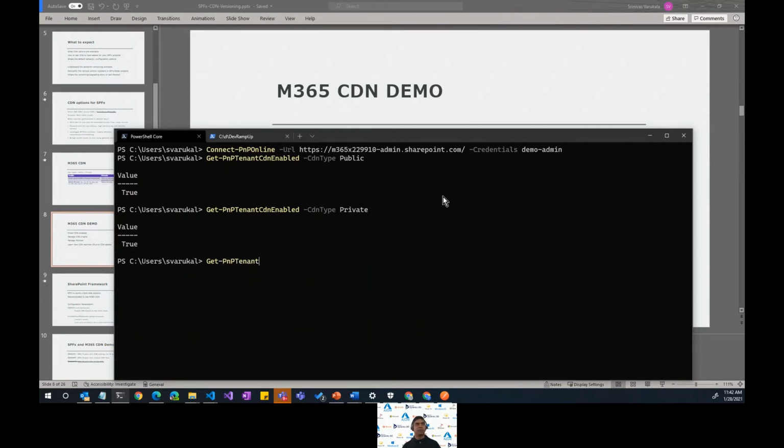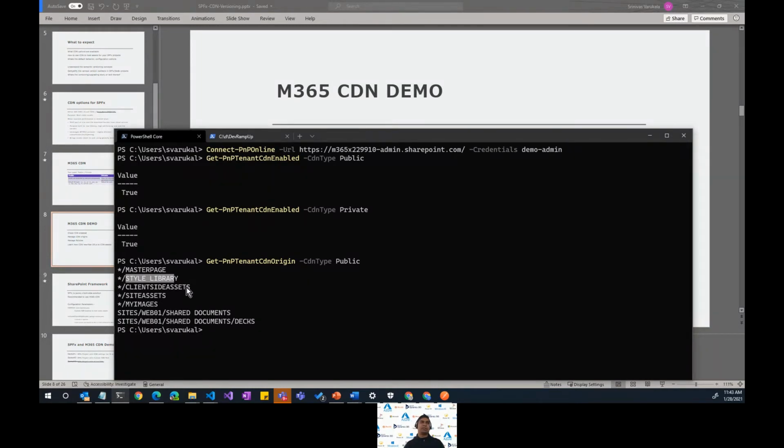So, CDN origins, again with the CDN type. By default, you'll see a couple of origins already defined, like master page, style library, and client-side assets. I went ahead and added a couple more here, like site assets, my images. And if you see, there's a wildcard asterisk used over here. What this signifies is that any SharePoint Online site that has a library with this name, like master page or style library or client-side assets, all those libraries will act as CDN containers.